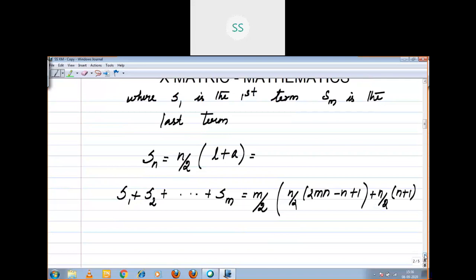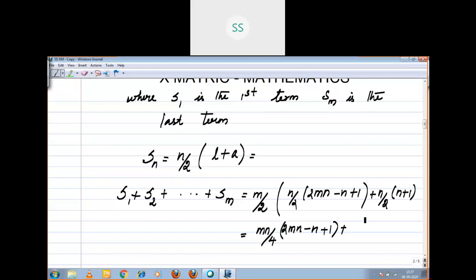If it is Sp, the outside this has p, right? Here it is Sm, so that it becomes m. Now you are going to multiply mn by 4 into 2mn, minus n plus 1 plus,